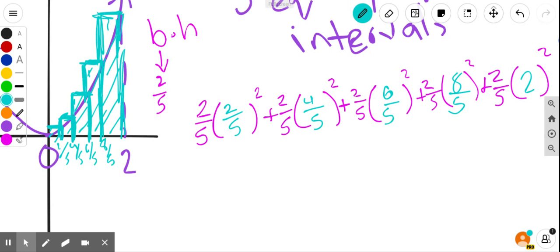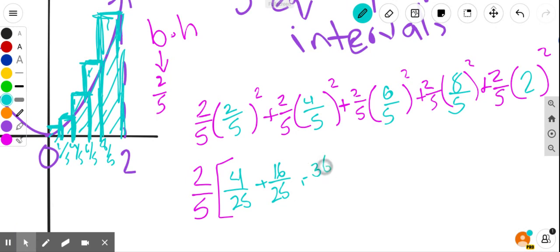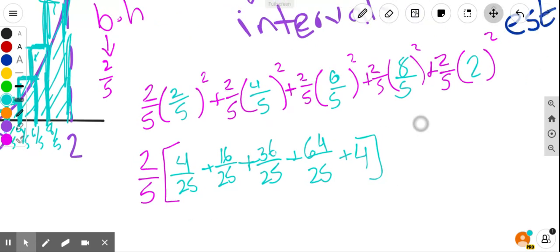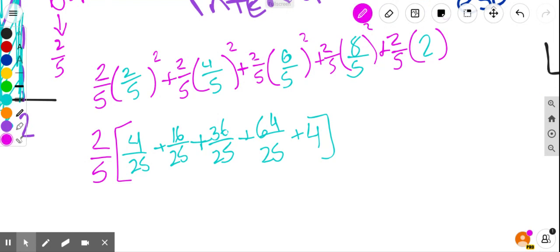And again, since I'm trying to add these up and I don't have a calculator, I'm going to go ahead and do a little bit of light factoring. Factor out the common base of 2/5, and I'm going to have to end up adding 4/25 plus 16/25 plus 36/25 plus 64/25 plus 4. All right. So I end up with